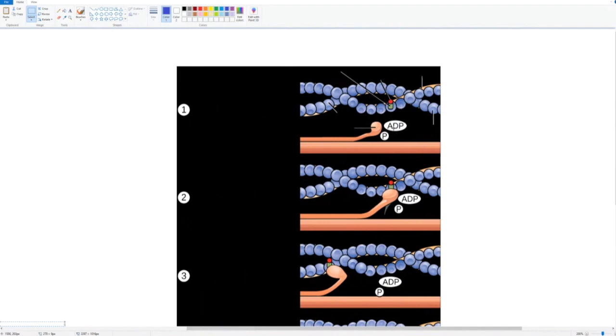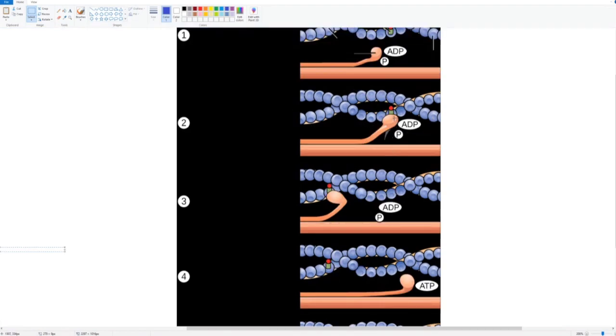You can see we have ADP and phosphate here, right? So what happens is calcium comes in, it binds to this troponin site, and when that happens, it introduces a conformational change, slightly opening up this fiber. The myosin head can come in, which you see here. It binds to the troponin,